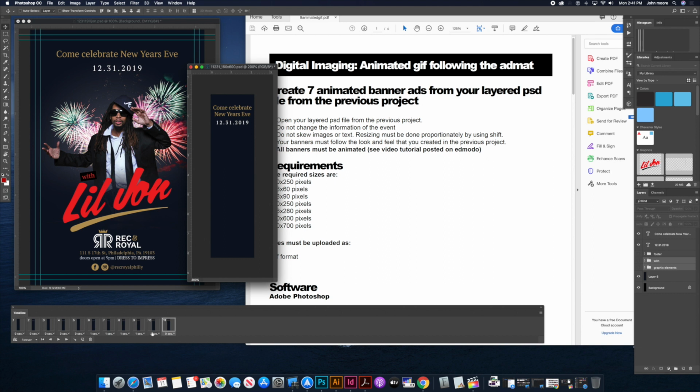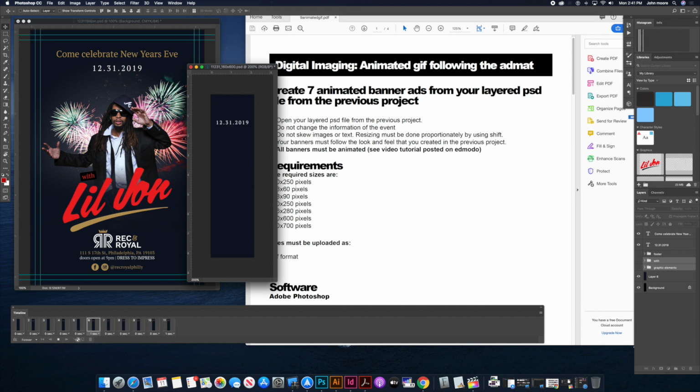Make sure that underneath here where it says 1 second, you want to set your delay to 0. So I'm going to select all of these at once by holding down Shift, go up to no delay. If I play it, you can see it fades in. I also want to put another second on that one last frame. So it's fading in, and then